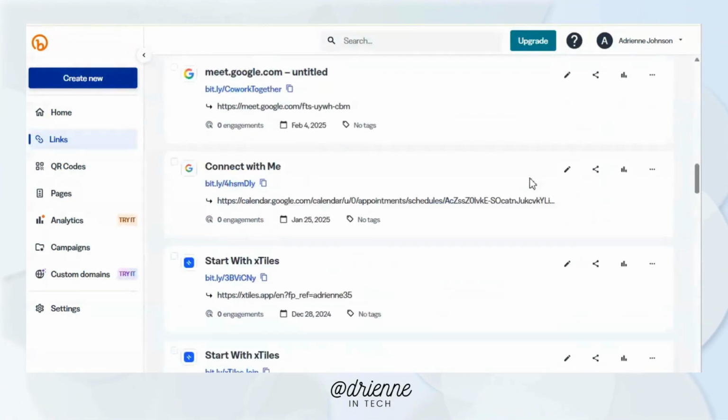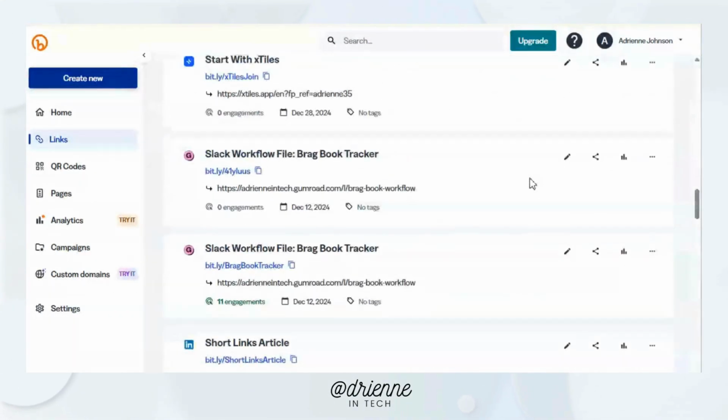So let's go down to, here's a good one actually. I'll show you this document that I have, right? So this right here is actually a Slack workflow that I created that helps you take any awesome messages that you get in Slack and send them to a canvas within Slack. And the purpose of that is so that when the time comes to have those conversations about your impact, you can easily pull that up and it's right in a canvas for you, right? So this link goes to Gumroad right now, because that's where this file lives.